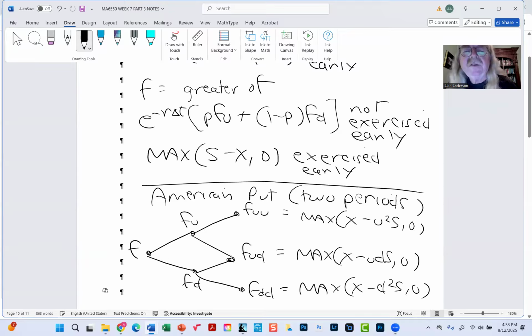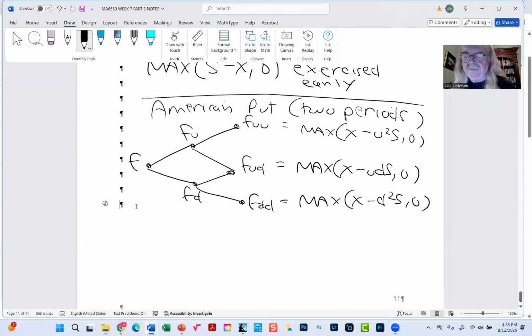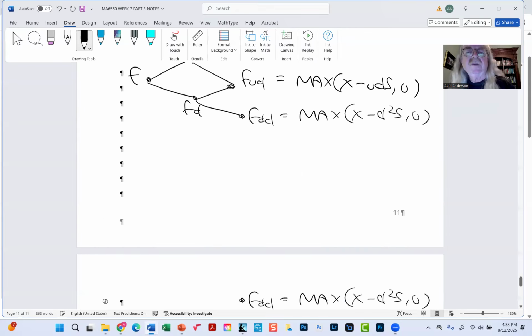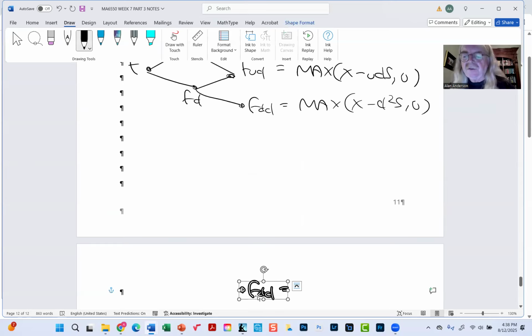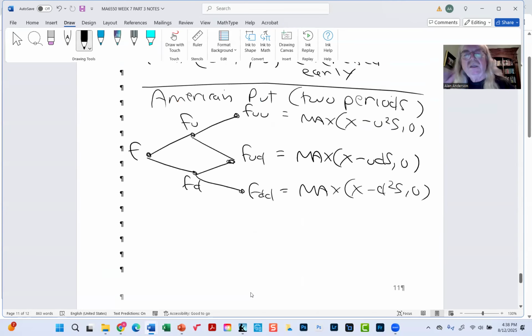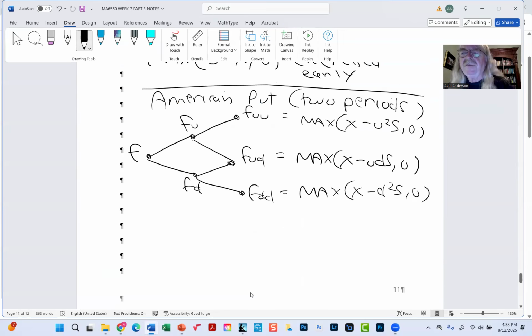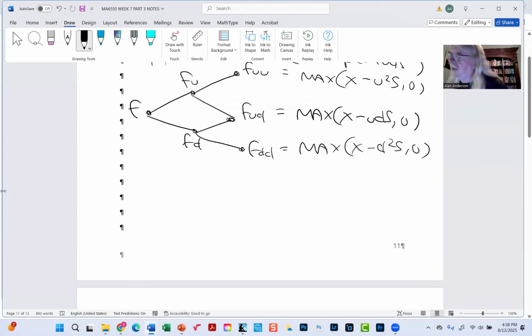All right. So again, you immediately start by filling out the payouts at the terminal nodes, and then you fill in the interior nodes by comparing the value if not exercised early with the value if exercised early. So for example, if you